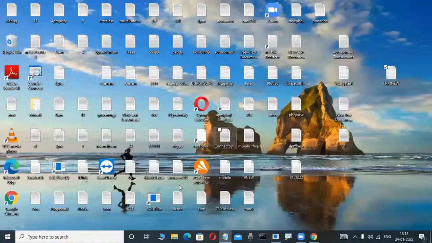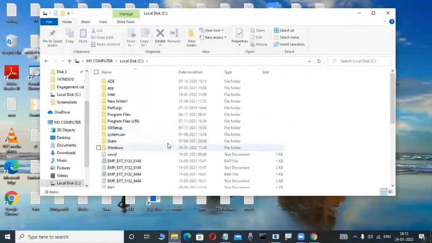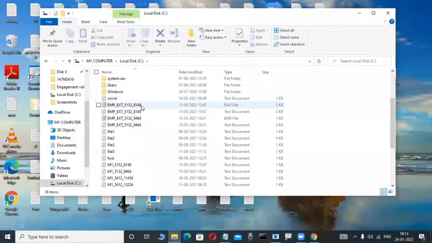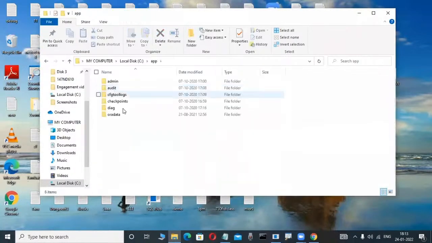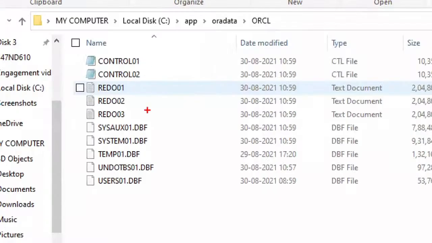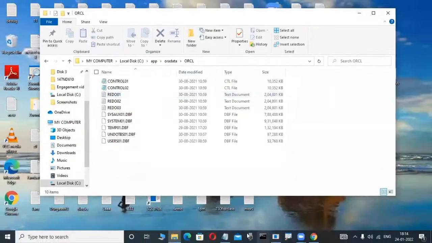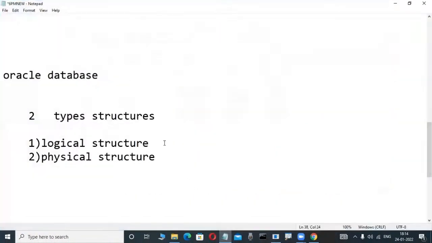Suppose I am installing Oracle on my system, in the C drive or somewhere; how you install Oracle we will learn in the next classes, don't worry. In this C drive your table is not available. Whatever table I create is not visible in the C drive or D drive. That's why a logical structure means a structure which is not visible